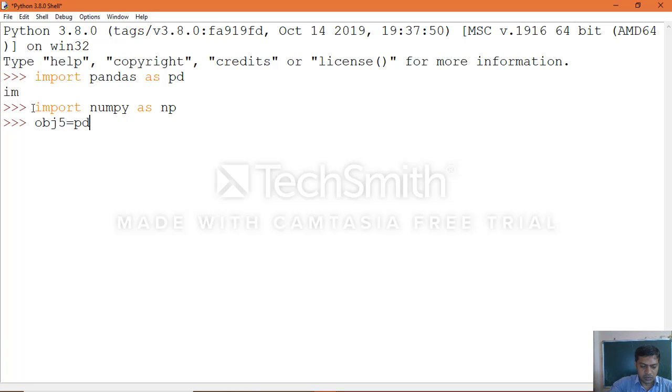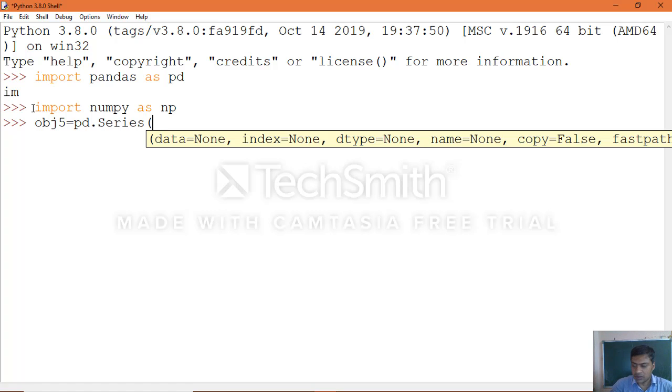obj5 equal to pd.Series of data equal to 31, 28, 31, then index equal to Jan, so month names, February, March, then close the series object.